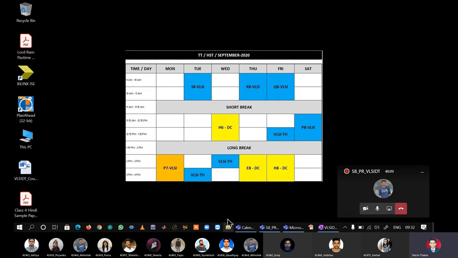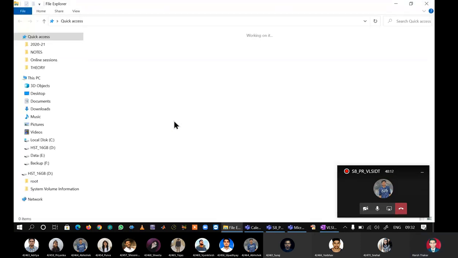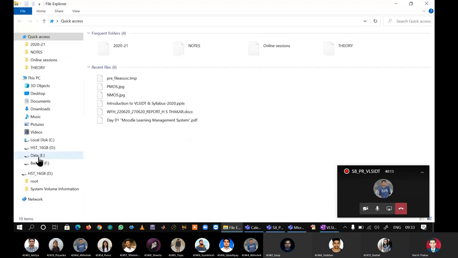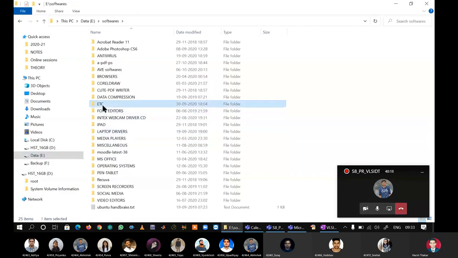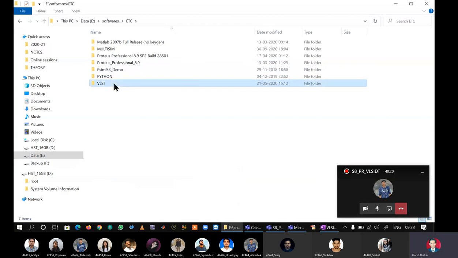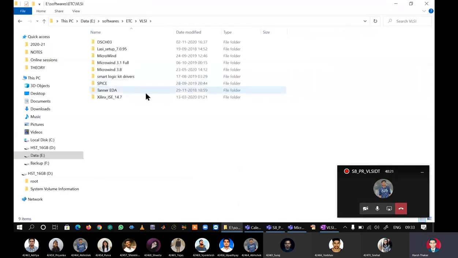So I go to my hard disk where these two tools have been downloaded. Microwind 3.1 full and DSCH03 should be the two folders which should appear on your hard disk after you have downloaded from Google Drive.